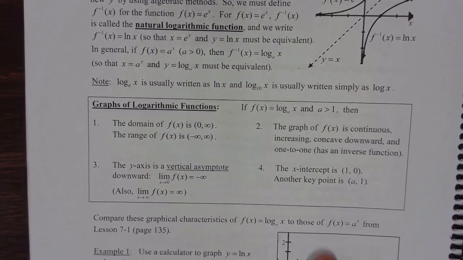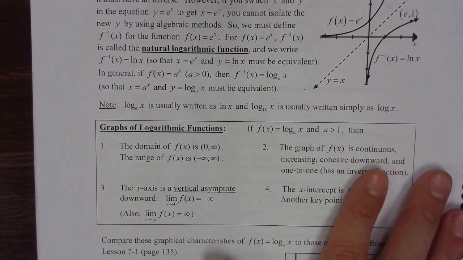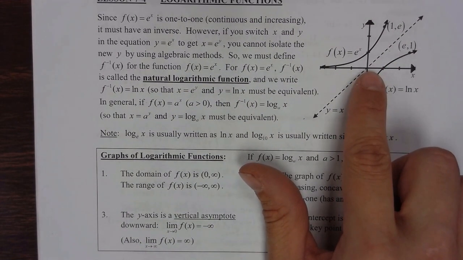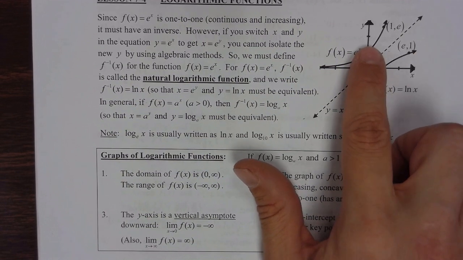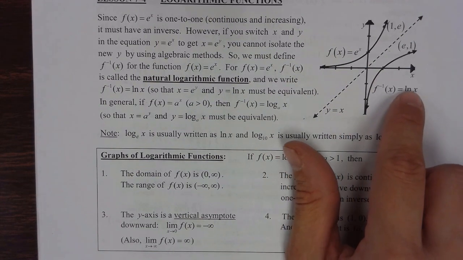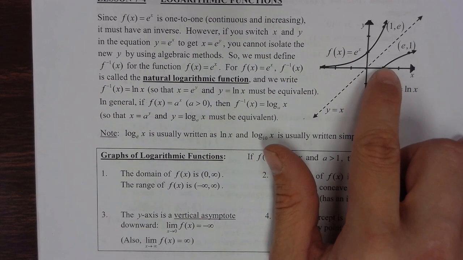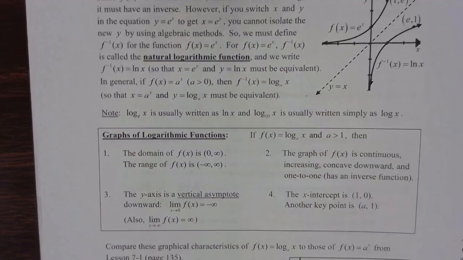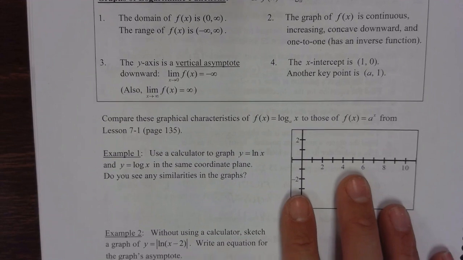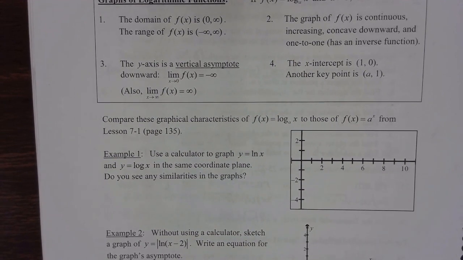Okay. Now, the other thing we would need to keep in mind, because remember that e to the x has a y-intercept at (0, 1), that when we do the inverse, so for ln, that means when x is 1, y is 0. And this is always something you want to remember. Okay? So, first it wants you to graph in your graphing calculator